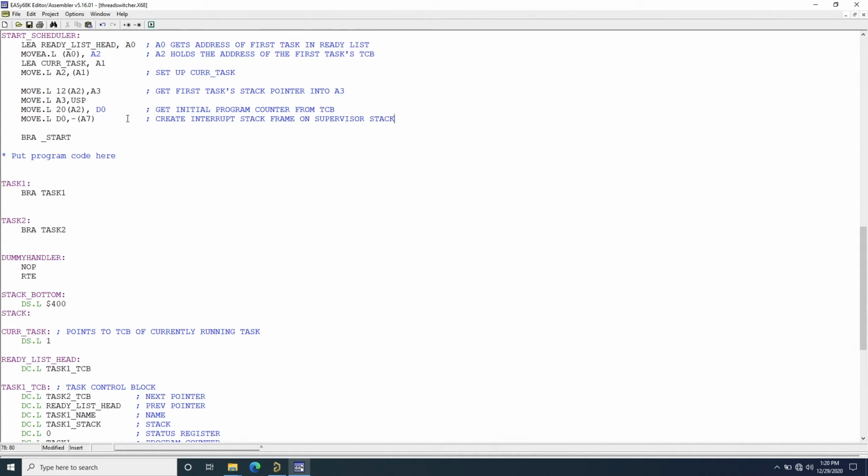When we took a real interrupt, the processor created an interrupt stack frame for us automatically on the stack. Right now we're making a fake interrupt stack frame that's going to have the address of the first task that's going to be run, and it's also going to have